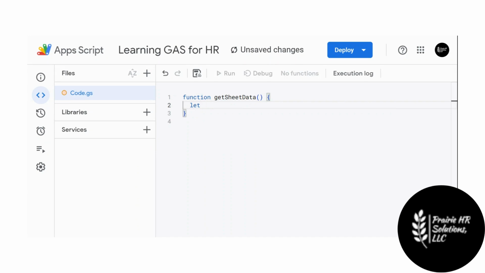Since we have to start off at the very beginning, very basic level for Google Apps Script, we have to tell Google Apps Script first what application in Google we are using. In this case, we're using a spreadsheet. So let's just call this SS for spreadsheet. So let ss, which is spreadsheet, equal to